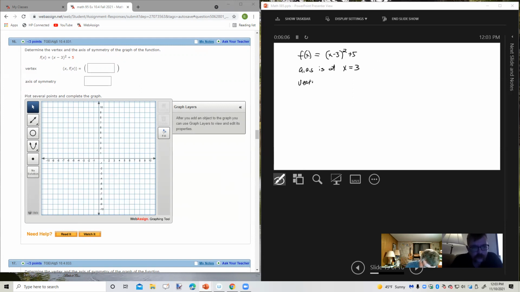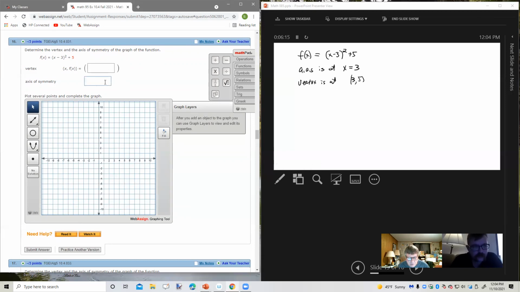The vertex is at 3, 5. So we've got x equals 3 and (3, 5). All right. Now, to graph the parabola in WebAssign,